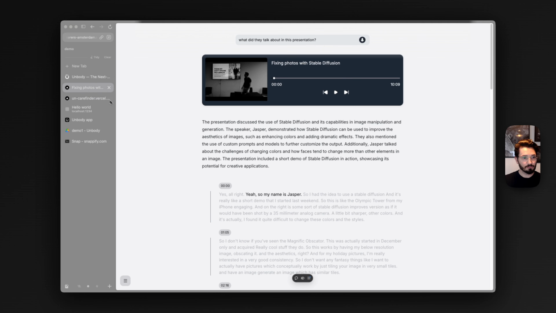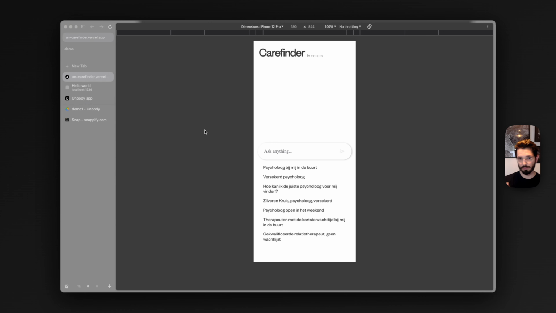The next project is Care Finder, by one of our clients, Stories, and this is an AI native platform that helps patients find the right therapist, the right life coach, and other services for themselves based on the problem they have and the criteria that they have. For example, this is in Dutch. I'm going to translate back